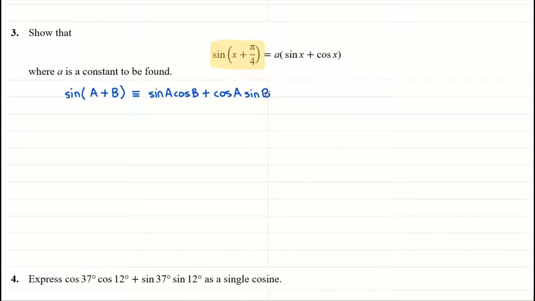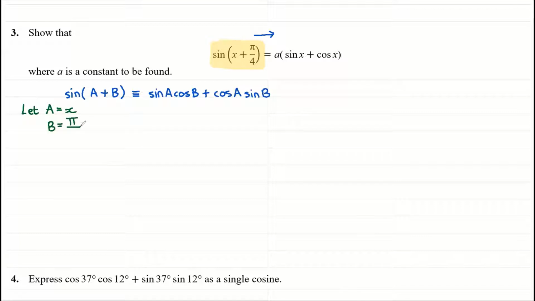Right. So it's apparent that's what we're going to be using. The right-hand side is the consequence of having made these substitutions. So we'll deal with that later. So how do we get from this left side to the right side? Well, we have to decide what our A and B are going to be. So let's do that now. So it looks like we can say let A be equal to X, which comes first inside the brackets, and B is going to be pi over 4,